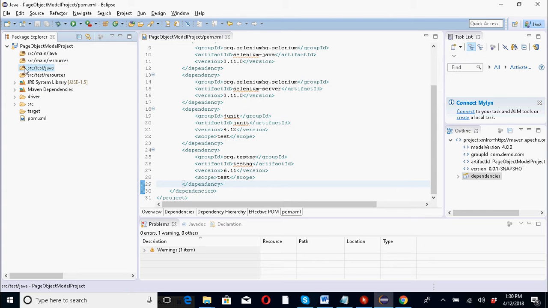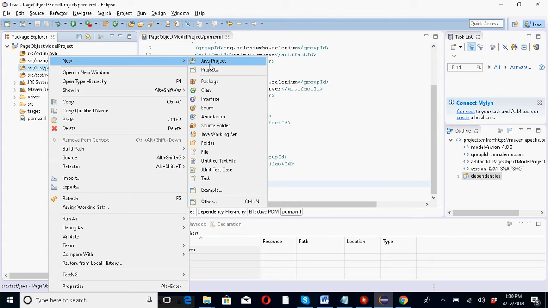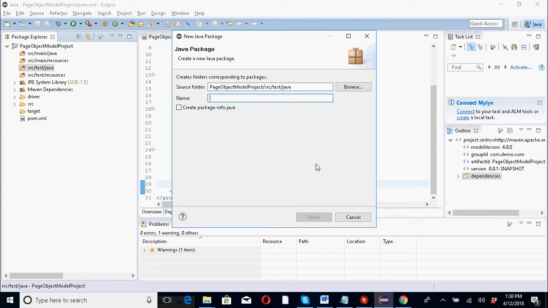So this one, source/test/java. Under this one I will create 2 packages. Package 1 for element repositories,